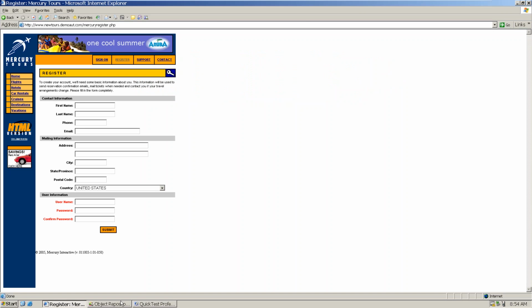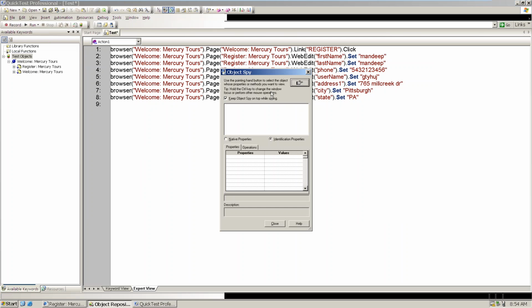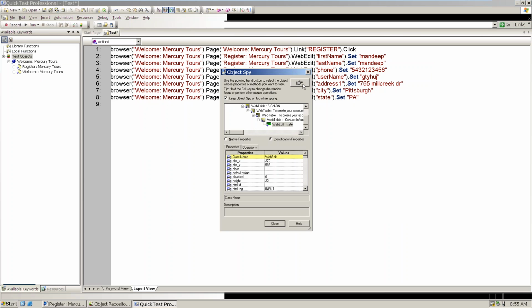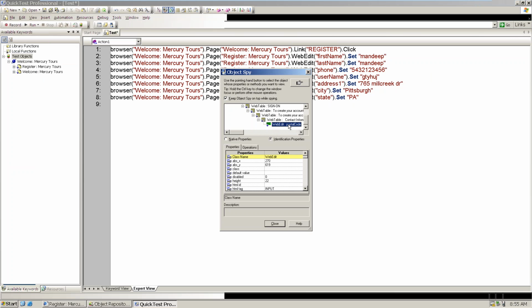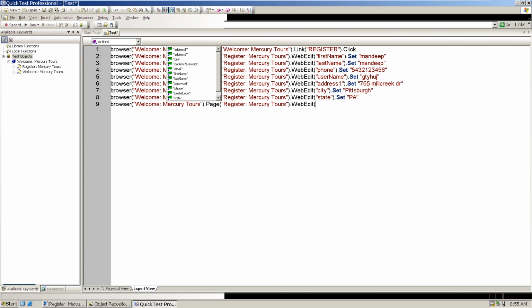Okay. Now what you have to do is enter the postal code, but I don't know what this postal code is. So use Object Spy, click on this hand symbol and click on this postal code. Now observe, what is the postal code? It is also a web edit. So what you write here is browser of browser name dot page name dot web edit of postal code